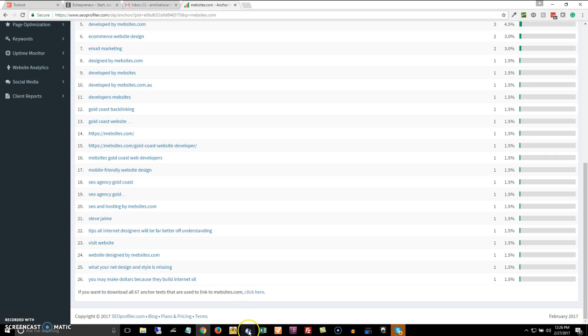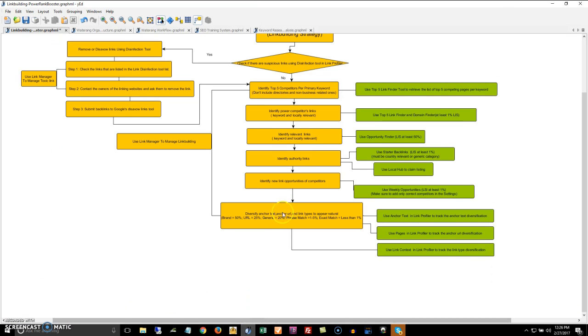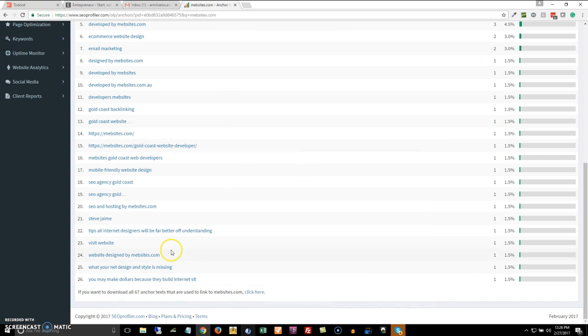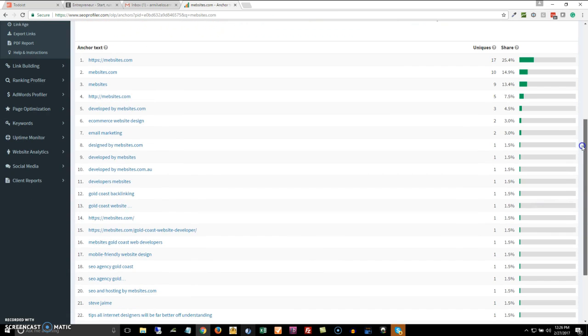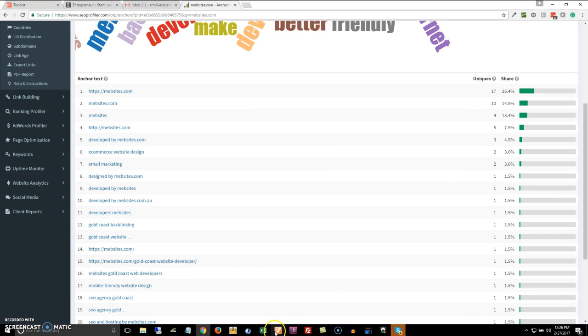And for the generic, so generate anything just like this. Visit website, click here. Okay. Another generic. So you can assist here. If ever it's too high, just like this one, develop e-commerce web design, it should be 1%, at least less than 1%, right? For the exact match. So in order to decrease this, you have to increase the other ones based on the percentage, or you have to remove. Okay? Now,